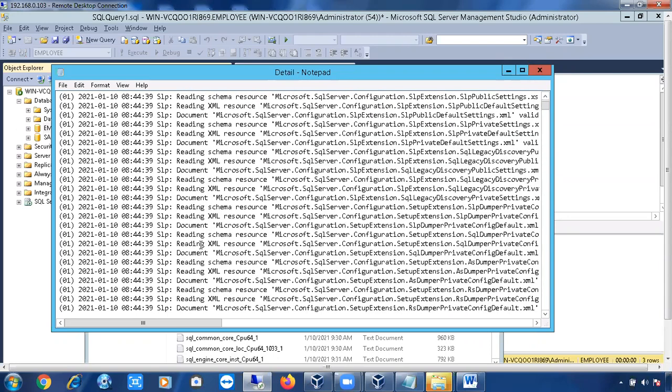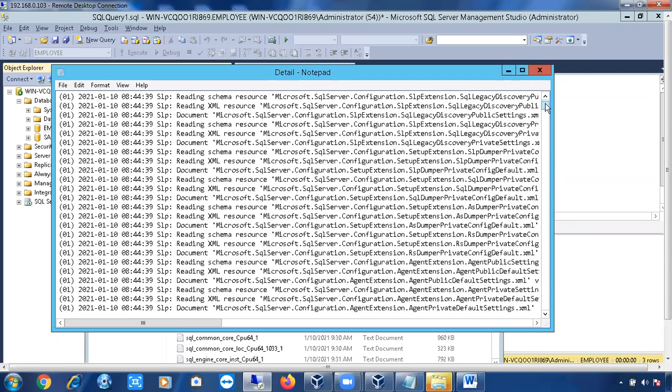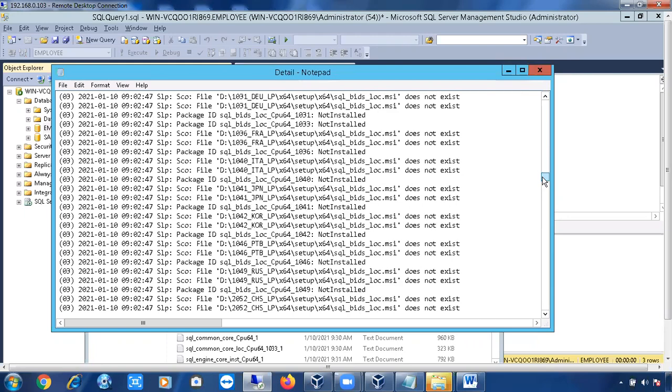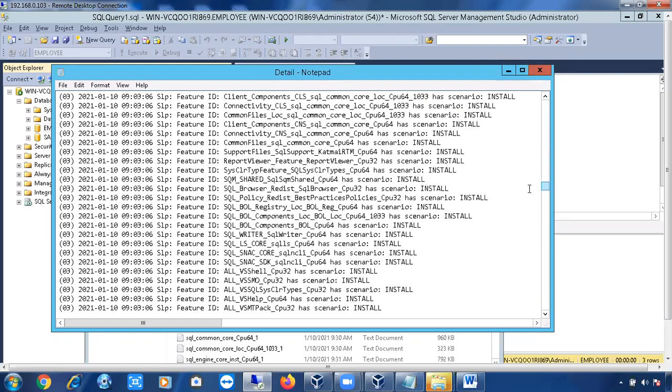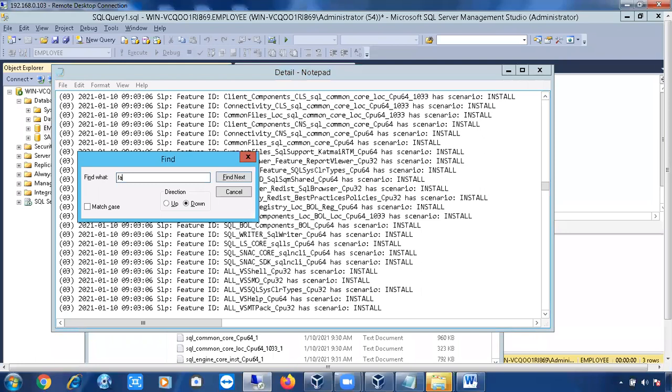Here also you can see how big the file is. You can ask how to check it, where to check it. Press Ctrl+F and search with common terms like failed or error. You can find them like this. Search with common terminologies, and if you find anything, you can easily identify it. Go 10 lines up and 10 lines down to check the exact reason why it failed.